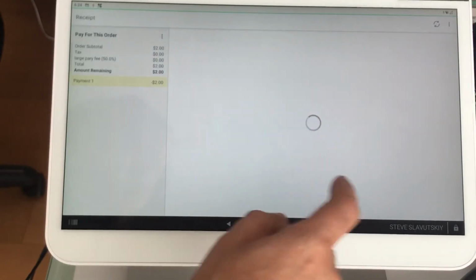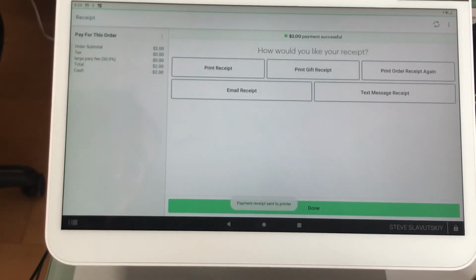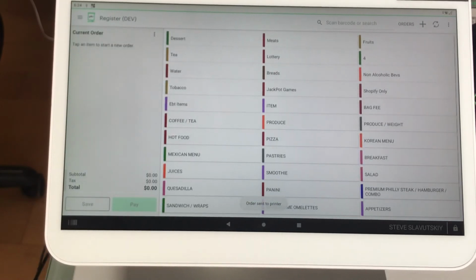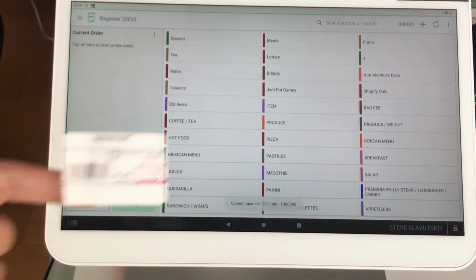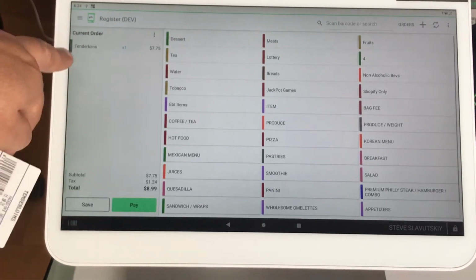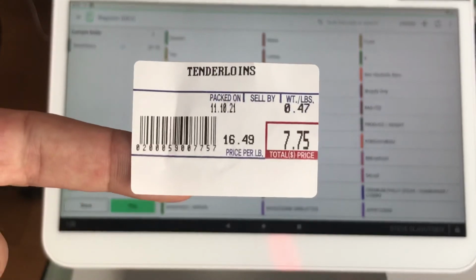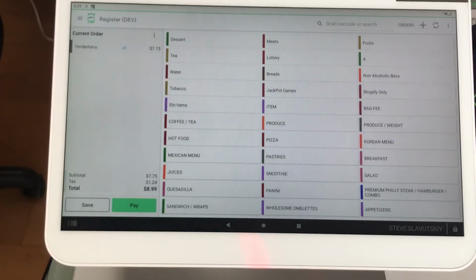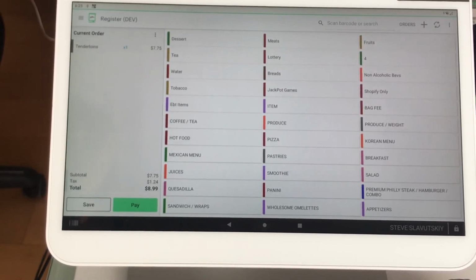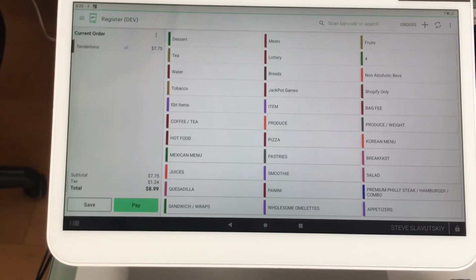So I had some transaction here that I'm going to finish, and we're going to say we're done with that. And so now here we are on a new order, and what I'm going to do is just scan this item, and I'm going to get my tenderloins, 775. And if we were to increase the weight on our tenderloins like so, and print